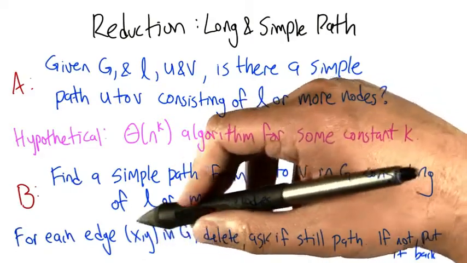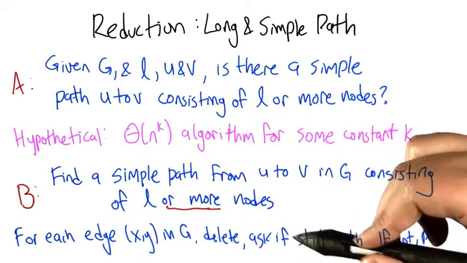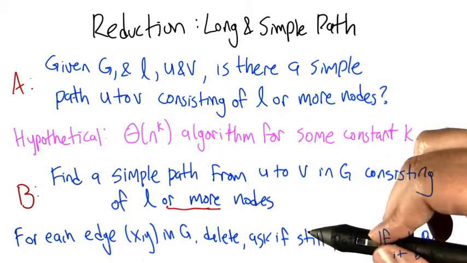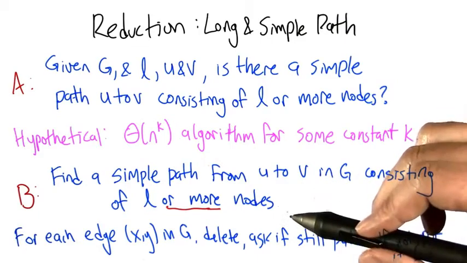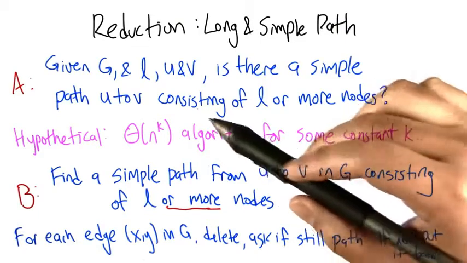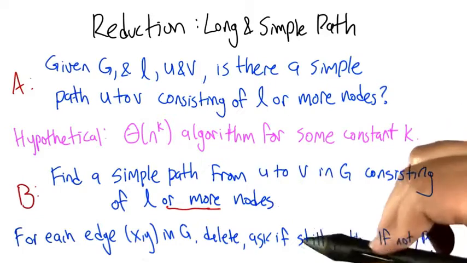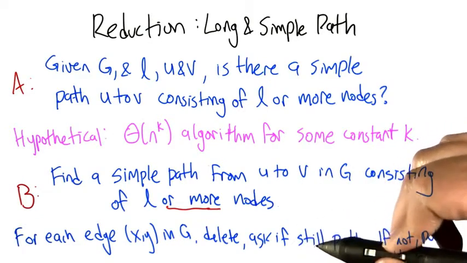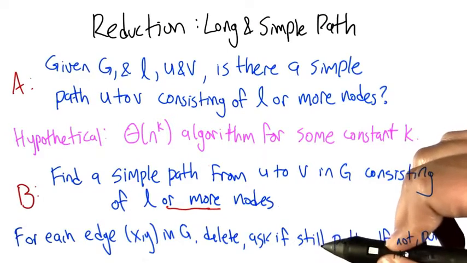And if the answer is yes, then we just leave it deleted. But if the answer is no, that we've now actually broken the path, or the last path from U to V of length at least L in G, then we need to leave it in there. We keep repeating this until all the edges have been considered, and all that's left at the end will be